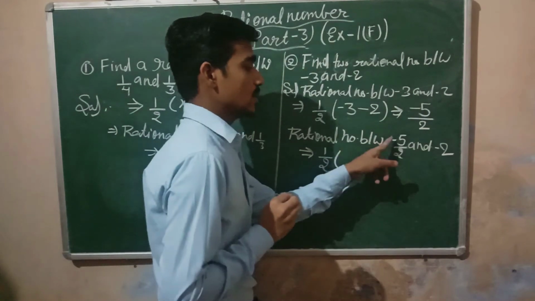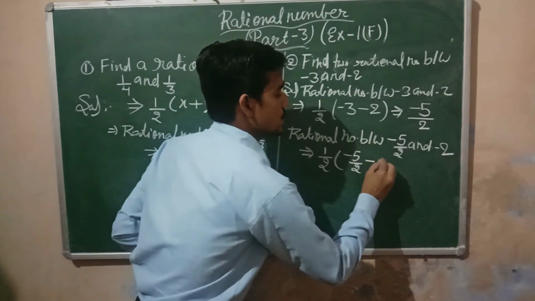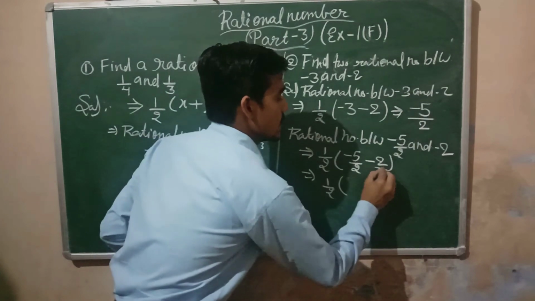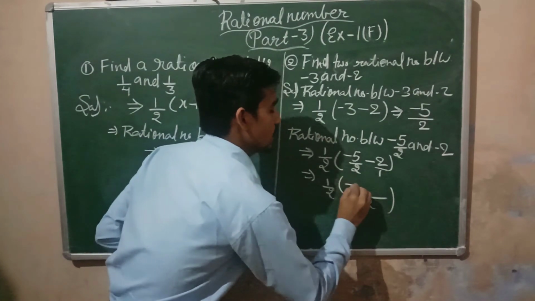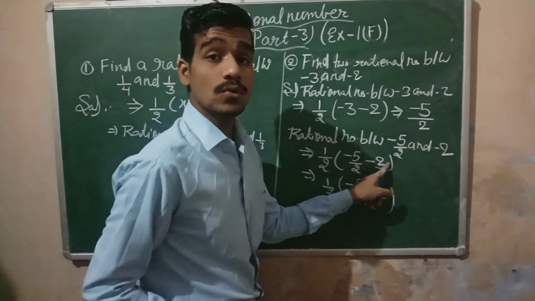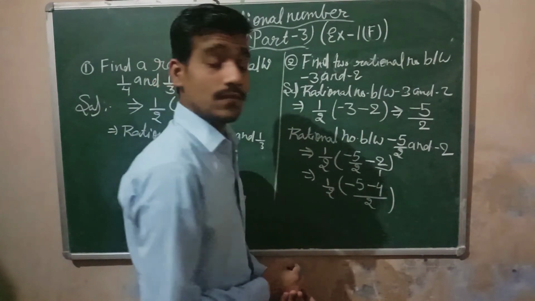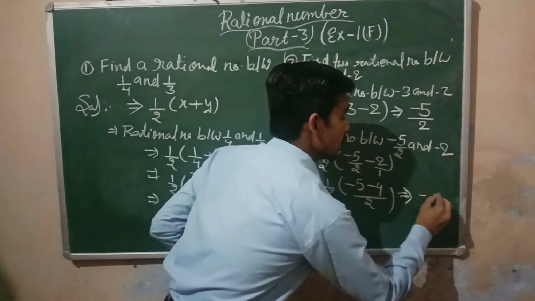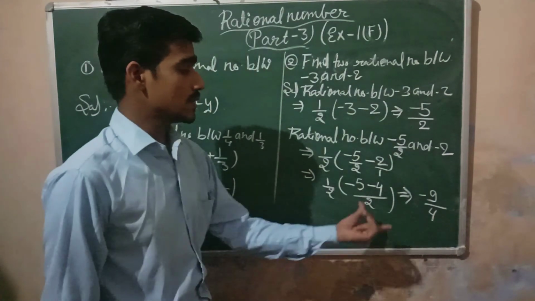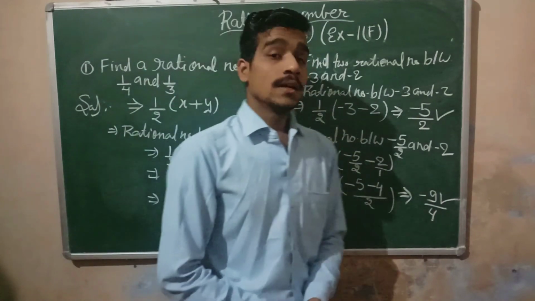1/2. Here x is equal to -5/2 and y is equal to -2. 1/2, take the LCM 2, and here -5 and 2 divided by 1 we get 2, and 2 multiplied by 2 we get 4, and you will write here 4. -4 -5 is equal to -9 and 2 twos are 4. Clear, student? This is your first answer and this is the second answer. Clear? Thank you, student.